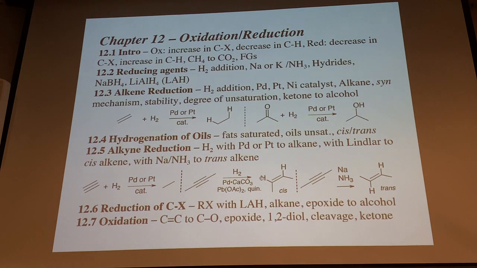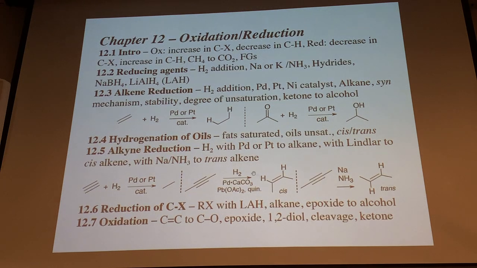With the poisoned Lindlar catalyst, and all you need to say is LIN there. You don't need to draw out this whole mess. But you have to have the hydrogen there. And then the poison catalyst, you go to the cis alkene product, which is just 1 syn addition to 1 pi bond. Okay. To do the next one, to hydrogenate the next one, it just can't fit onto the palladium